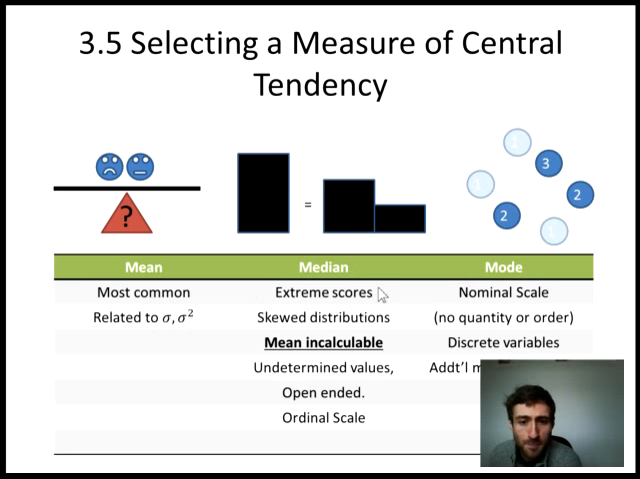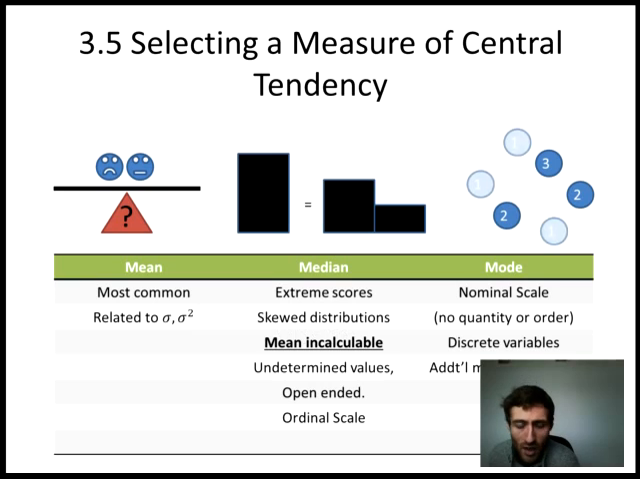The median, you want to use the median in cases where you have extreme scores. So if I have a score way out here or a score way out here, it doesn't affect the median that much because we're just going score by score, or percentile by percentile. So those extreme scores aren't going to affect the value of the median that much. That is the same kind of thinking that rationalizes why we use the median for skewed